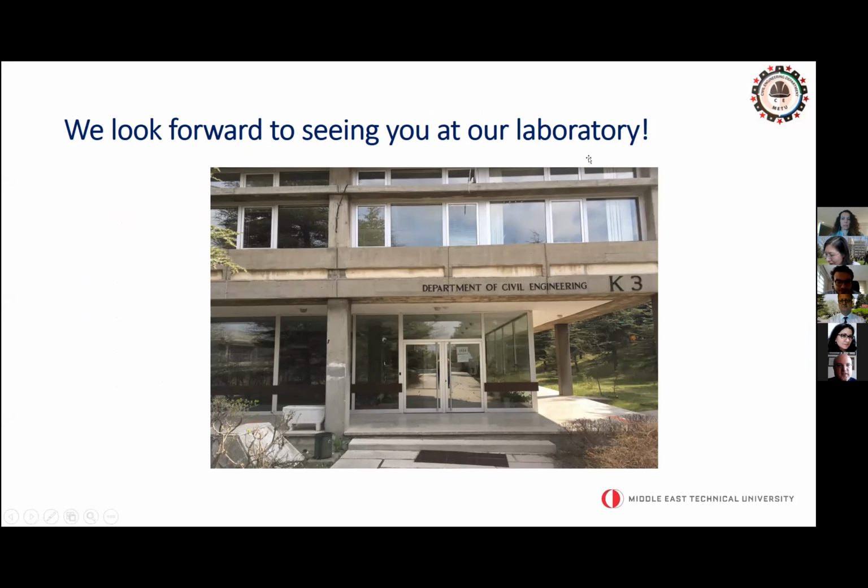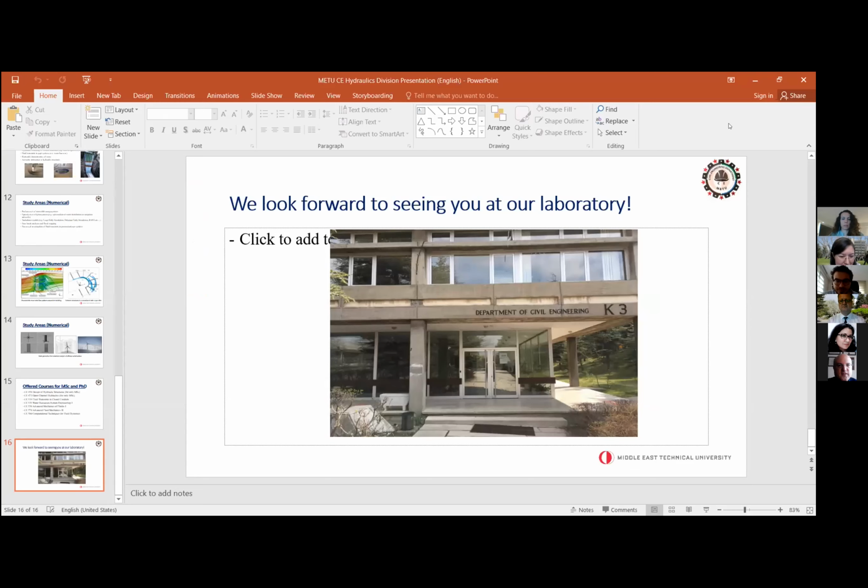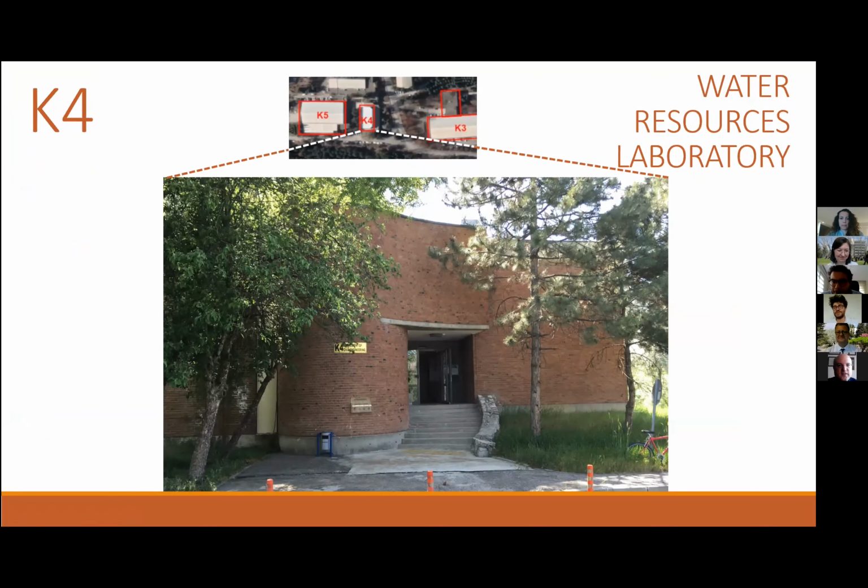Thank you. Now we go to the Water Resources Division. Okay, here you can see the lovely picture of our building. And in the Water Resources Laboratory, we have 5 faculty members and 4 teaching assistants, including me. And this is